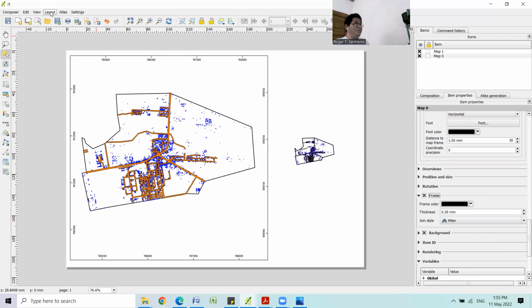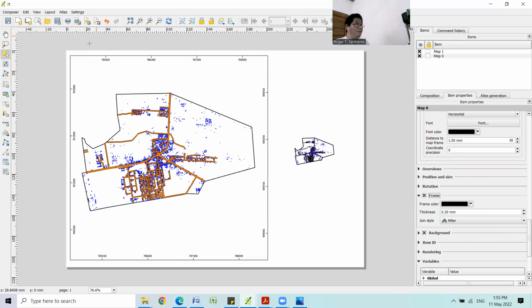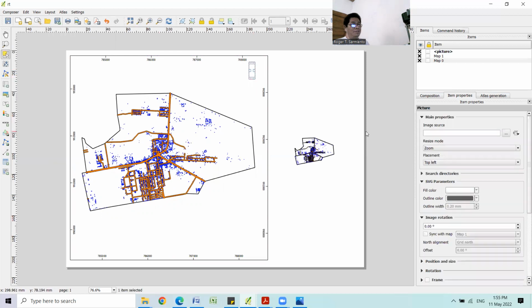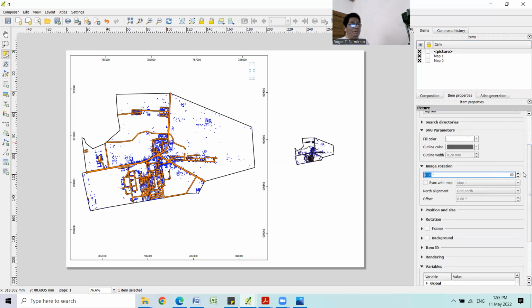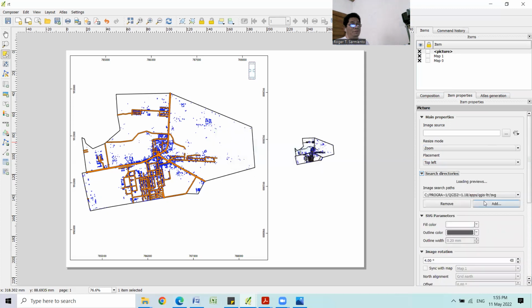Then we will add the north arrow. Add an image. Then this is picture. It's a picture. Search on directories. It will load. So once loaded,